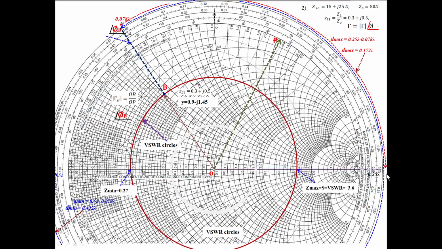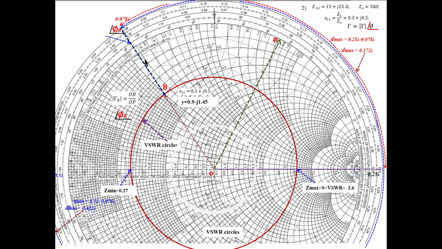Maximum point where it is here. So this is a line we have drawn, passing through the maxima point. It cuts the wavelength scale somewhere here. Go down, that is 0.025. Always it is at 0.025. Okay, so minus this value from this value, 0.25 lambda minus this, we will be getting this value 0.172 lambda.